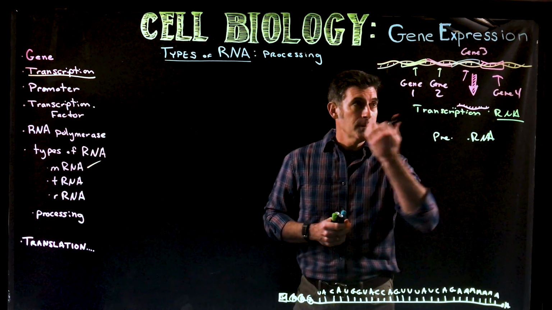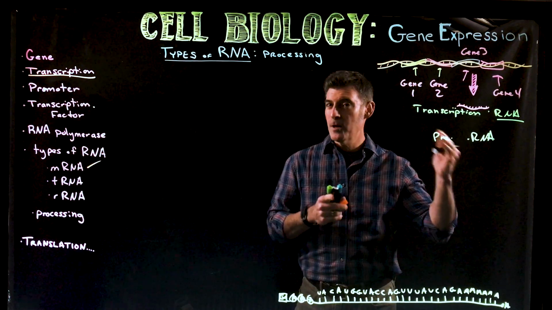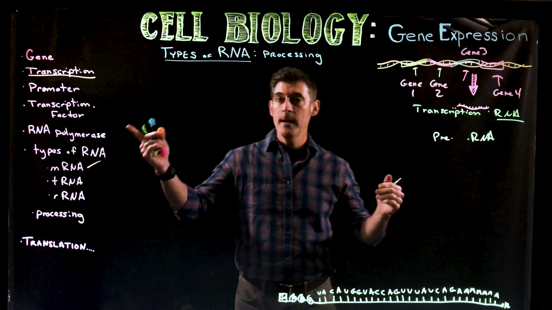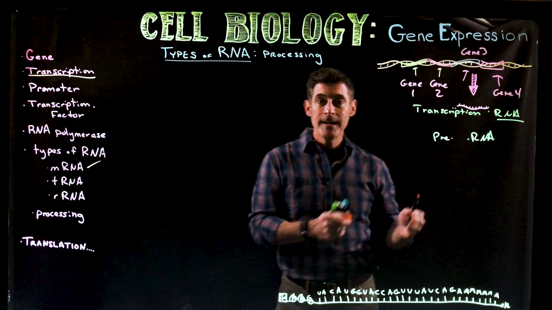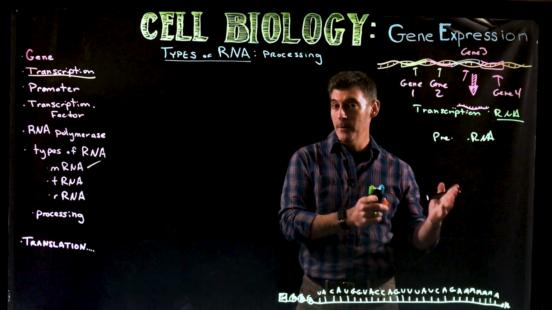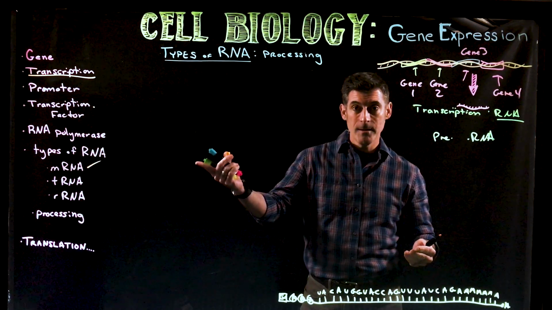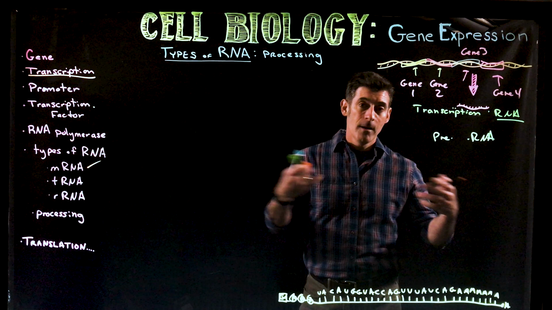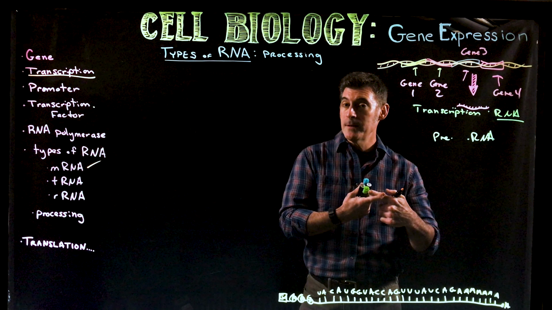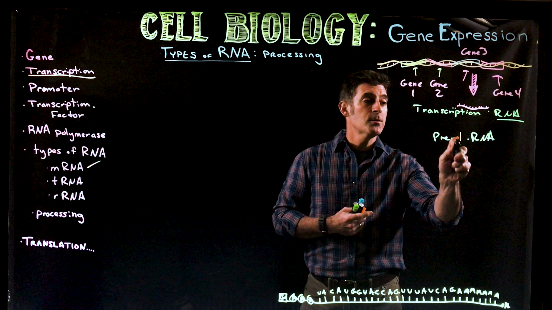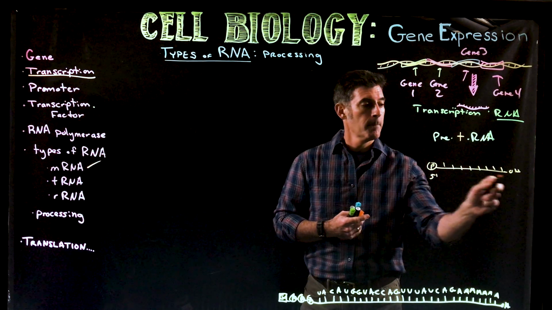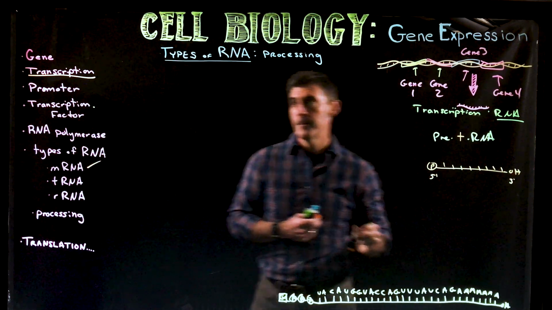So again, coming back to here, genes code for RNA. They don't just code for messenger RNA, they code for messenger and transfer and ribosomal. The messenger RNA contains the code for the amino acids, but the amino acids need to somehow be involved in this process, and the transfer RNA is going to be doing that. And then all the amino acids are going to have to be joined together. The ribosomal RNA is going to be working on doing that. So we still have RNA here, and so we just have RNA with a 3' and a 5' end, like this. So now we're going to look at processing of transfer